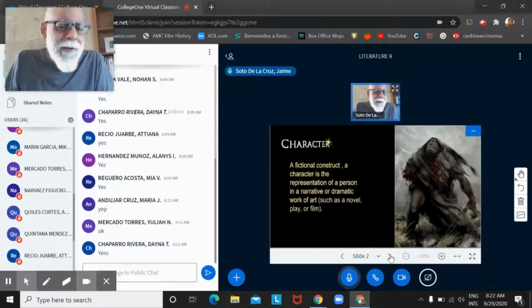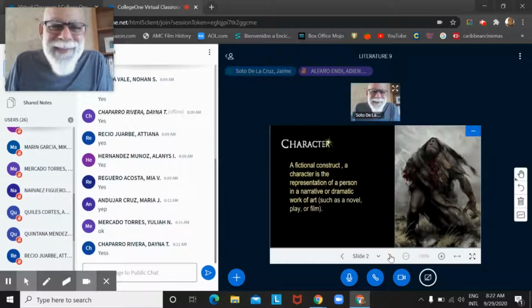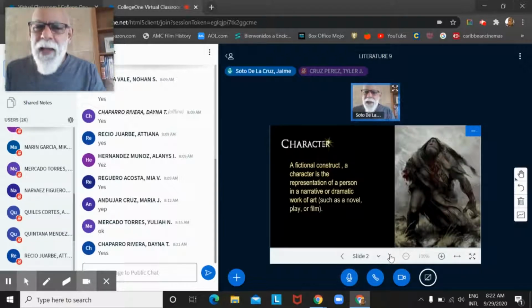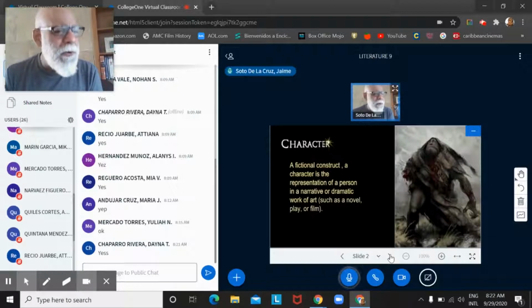Notice that we define the character as fictional. If it's fictional, it means that it's a product of what? Let's word it differently. If it's not based on facts, it's based on what? On the imagination. Very well. Let's use terms that are more precise, because a character can feel very real when you're reading him. Saying it's not real objectively might be true, but subjectively it's not. That's why I'd rather you use the word imagination. It's a product of the imagination.